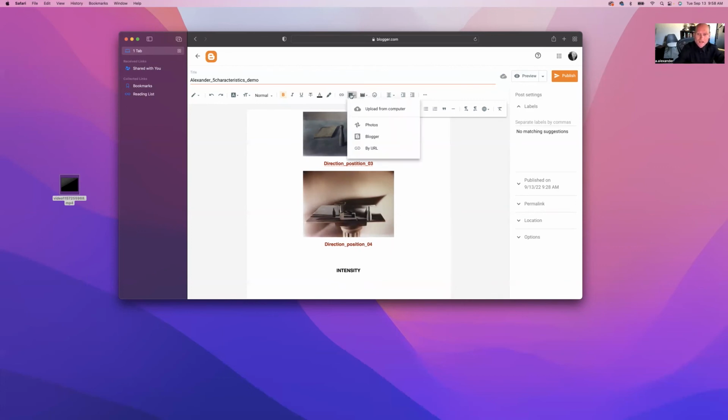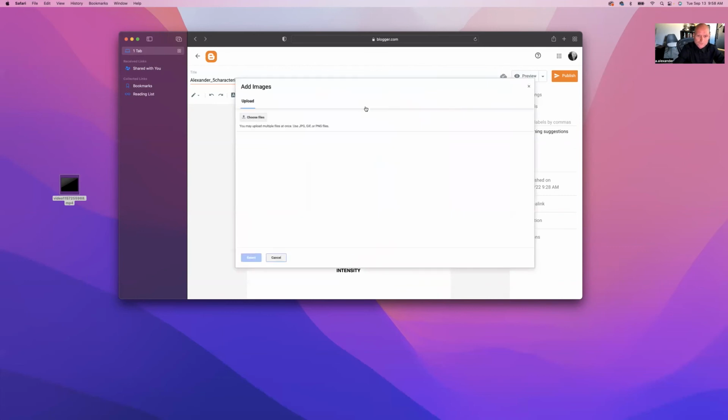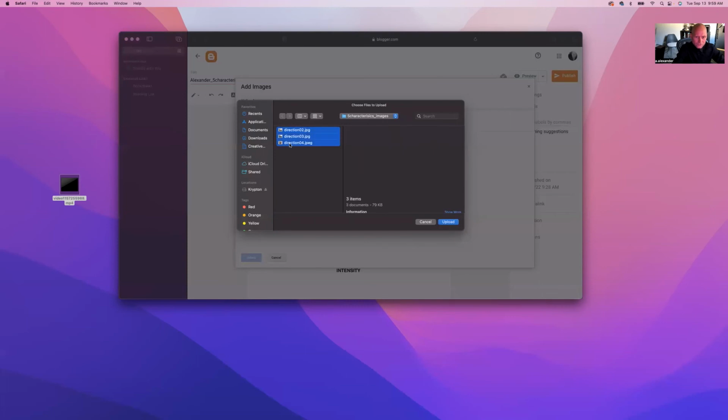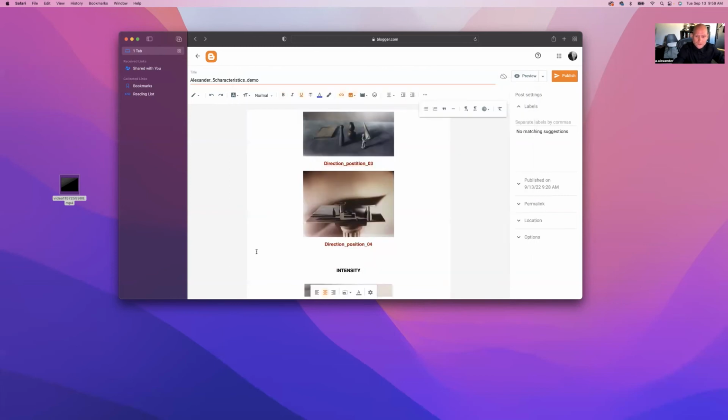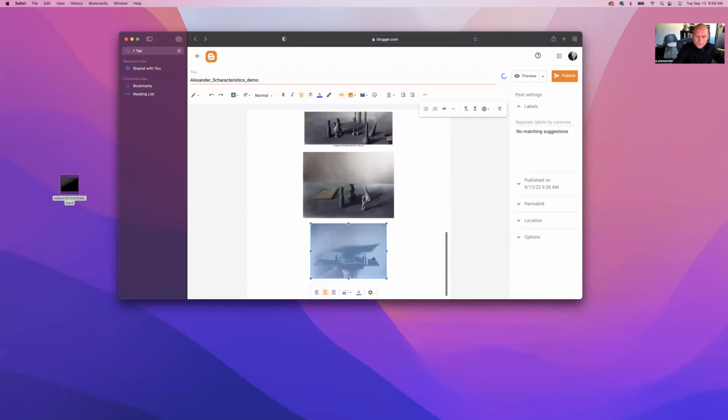Now I'm going to go ahead and go to upload from the computer, choose files. I'll choose all the images again, hit upload. It's selecting all of the images, and I select, and it still made this photo small, but I'm not sure why it did that. It's making the image smaller. It should not be that way, but